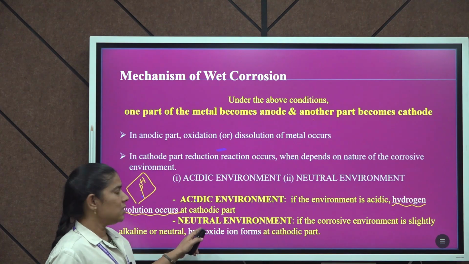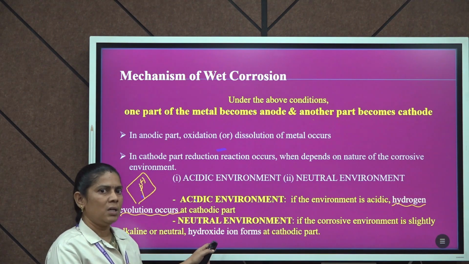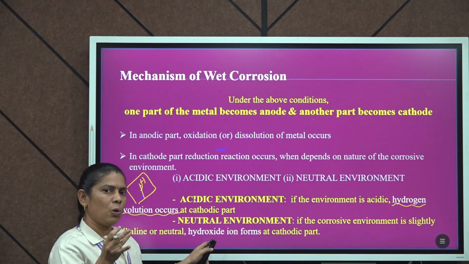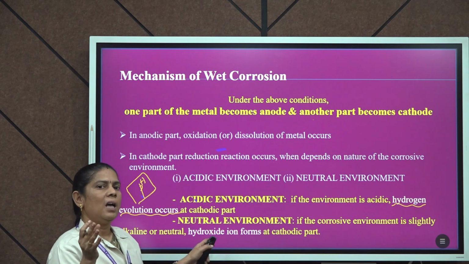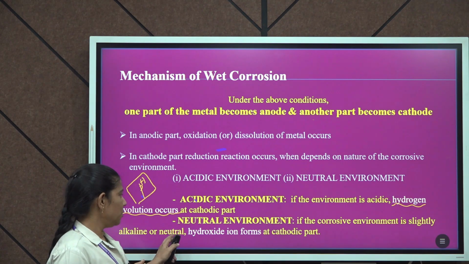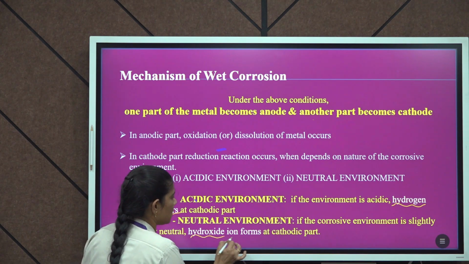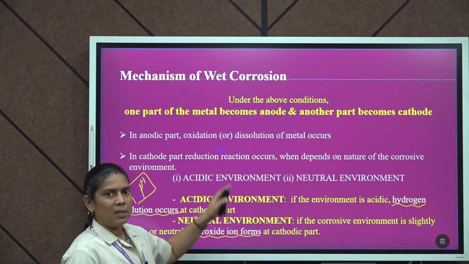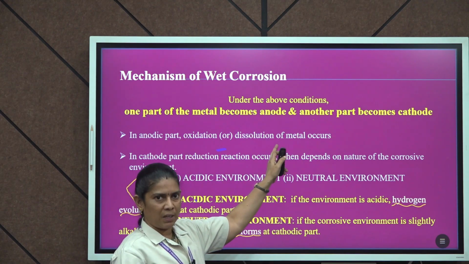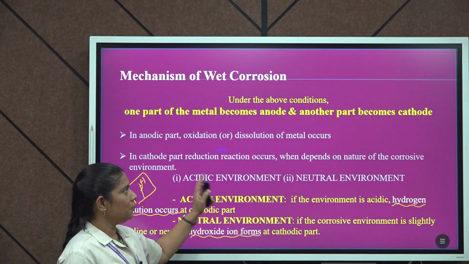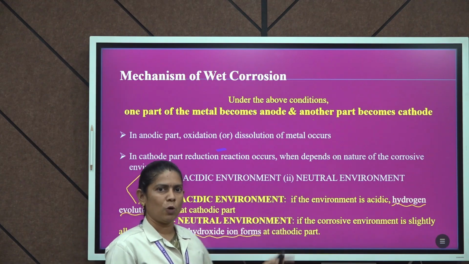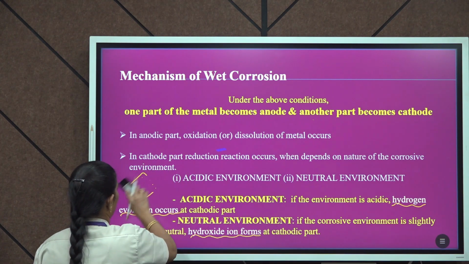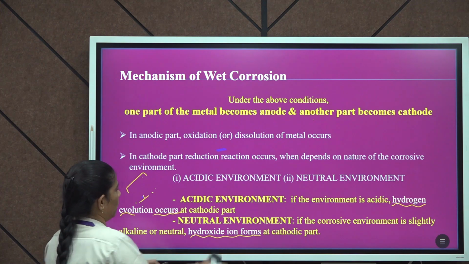If the medium is neutral, exactly 7, or in some cases slightly alkaline, around 7.5 or 8, slightly basic in nature, then hydroxide ion formation occurs at the cathodic part. At the anodic part, metal dissolution occurs, but at the cathodic part it varies depending on the nature of the corrosive environment, whether acidic or neutral. Now, we will move on to the